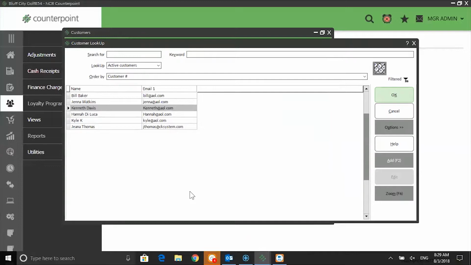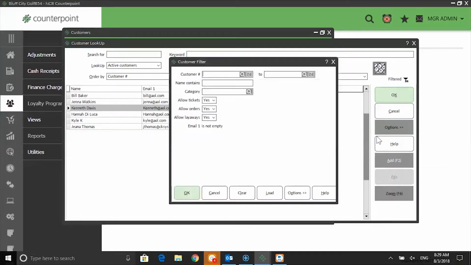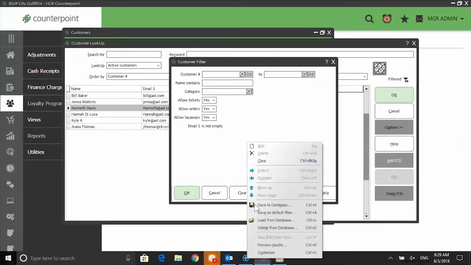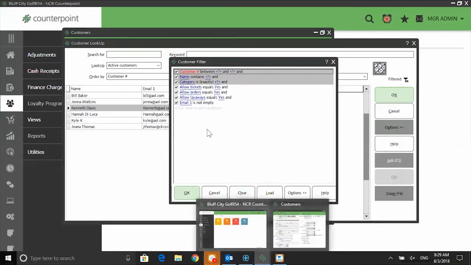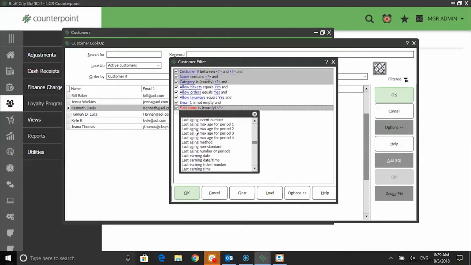But remember earlier on Bill Baker's customer record, we enabled a switch that says Bill doesn't want to get emails. So I'm going to recustomize my filter to exclude anyone who wants to opt out of emails from this list. So I'll go back to Options, Filter, I'll right-click, Customize, I'll click on this line, click here to add a condition, I'll click on the first name, and I'll come down here to the O's to where it says opt out of emails,